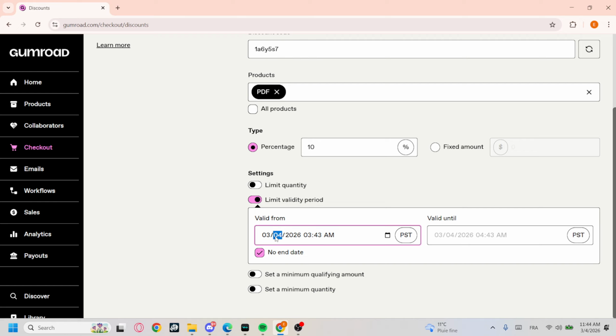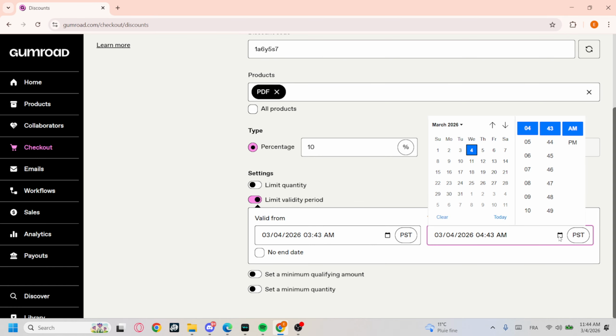So I will set it from today currently to, hey, let's uncheck the no end date and then just choose dates from the calendar. So just click on the calendar and let's go to the next week. Okay, on the 4 p.m. for example. Okay,